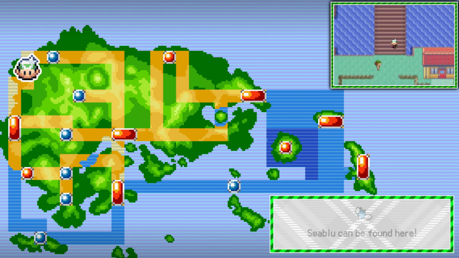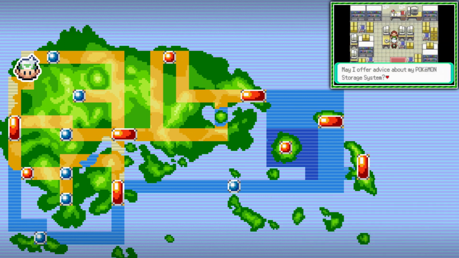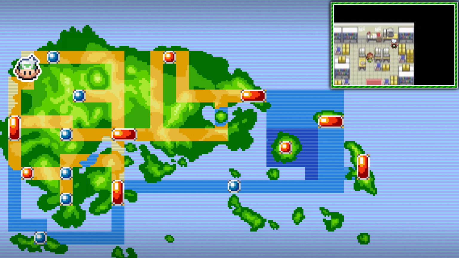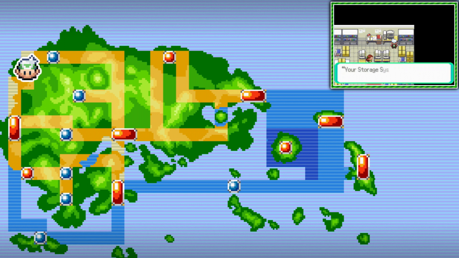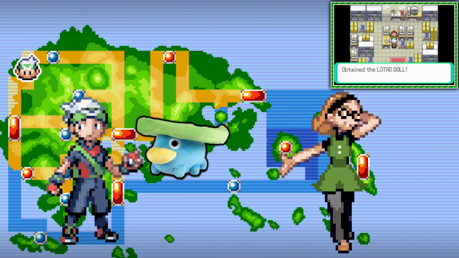Pass down into Route 114 and meet the same girl from the Pokemon Center, Lanette, who worked together with Bill of Johto to create the storage system. In fact, she even has an email from him open on her PC. She'll give you a Lotad doll for your secret base, your very first collectible, and trust me, you're gonna love